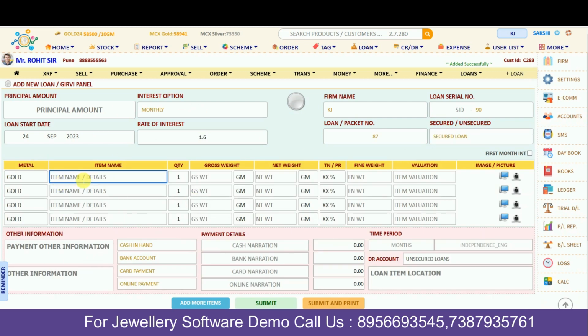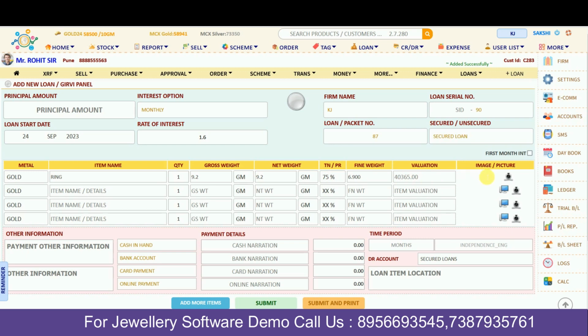So simply I'll just go to this panel. Suppose that customer is having a ring with them, so I'll type the details over there. I'm typing the ring. Suppose the quantity is 1, I have typed the quantity, and then the gross weight, suppose it's 9 grams. Then this is the field for the purity. Suppose it's 75 purity, so I have typed 75 purity over there. After that it will calculate the fine weight by itself. So you can maintain your purity, and just by clicking on the enter value you can see your valuation.